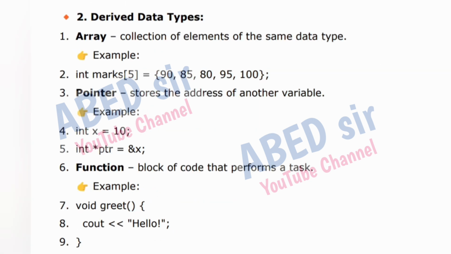2. Derived data types. Array: collection of elements of the same data type. Example: int marks[5] = {90, 85, 80, 95, 100}; Pointer stores the address of another variable. Example: int x = 10; int *ptr = &x; Function: block of code that performs a task. Example: void greet() { cout << "Hello"; }